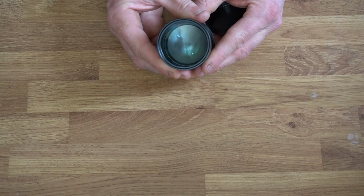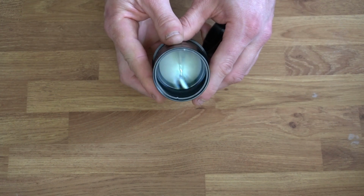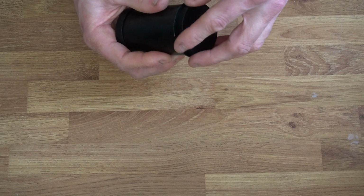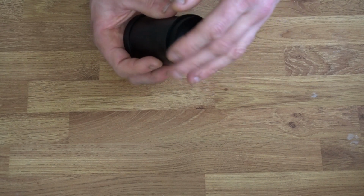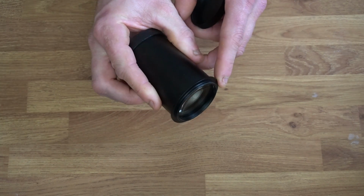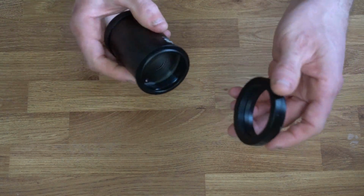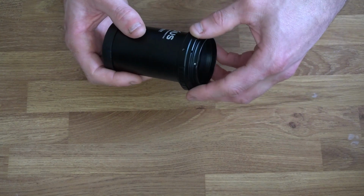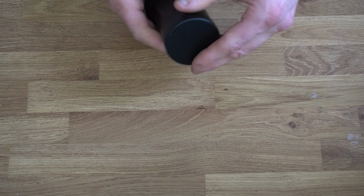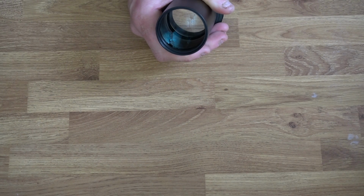As you can see, you've got some really good coatings on there. A nice coating of glass, so high premium optics without a doubt. There is a lot of glass in here, I must admit, and at the back you get a decent screw-on cap, and you've got an M48 thread on there, which enables me to attach an M48 T-ring, and it screws on very nicely, as you can see there. It also incorporates a filter which is in here,